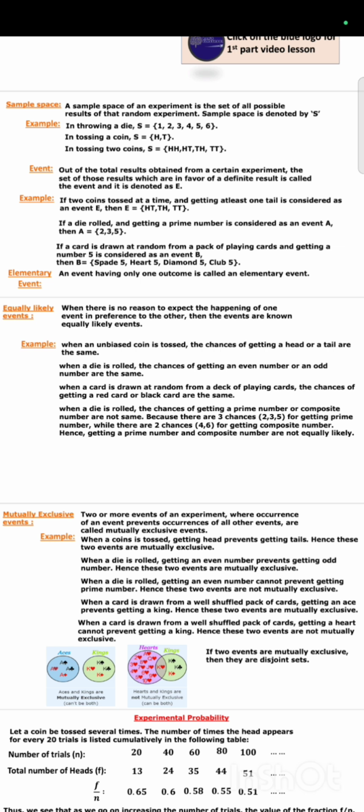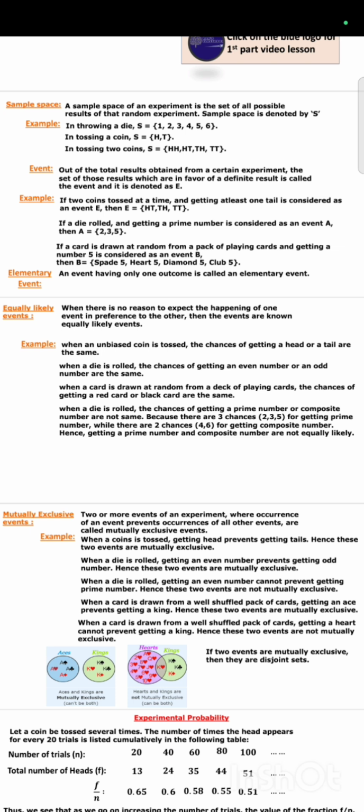Next, one more definition: exhaustive events. Events are exhaustive events if their union is the sample space. Then we can call them exhaustive events. So E1 union E2 union up to En, when we add all n events together, the sample space will come. Like the human life cycle. Becoming an old man is an event, an important part of the human life cycle. So one stage we are taking out, that is called an event.